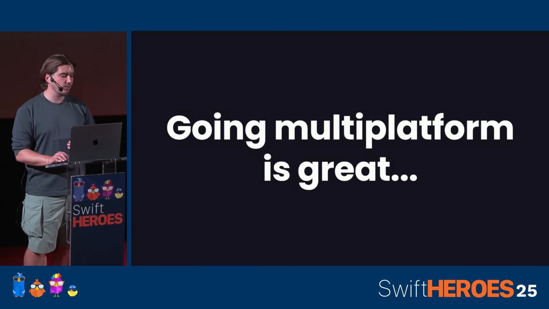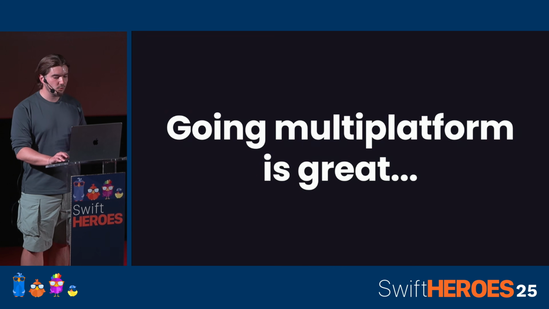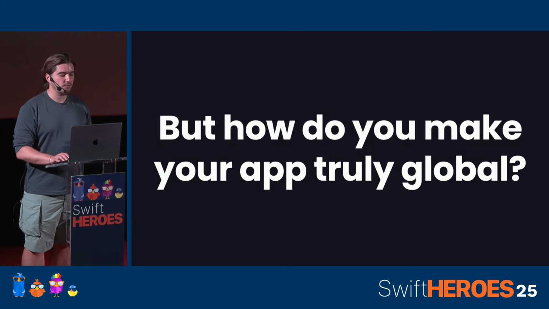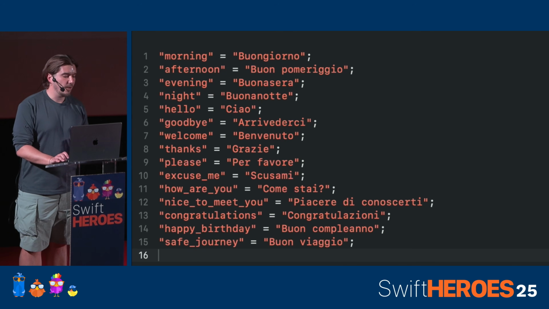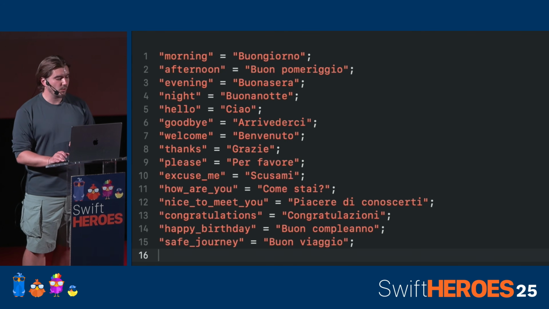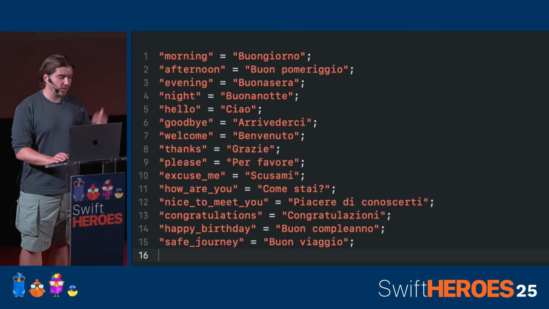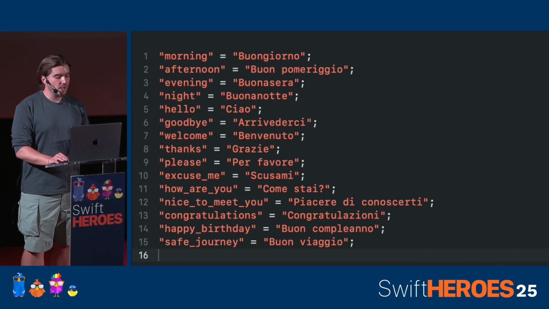Okay, going multi-platform is great, unless we don't need to do that. But how can we make our app really go global, not only multi-platform? And this is where localization comes into the game. And for years, we had to deal with strings files to manage localization in our app. They're just plain text files, which means if we had, like, 10 different languages, it may be a bit messy